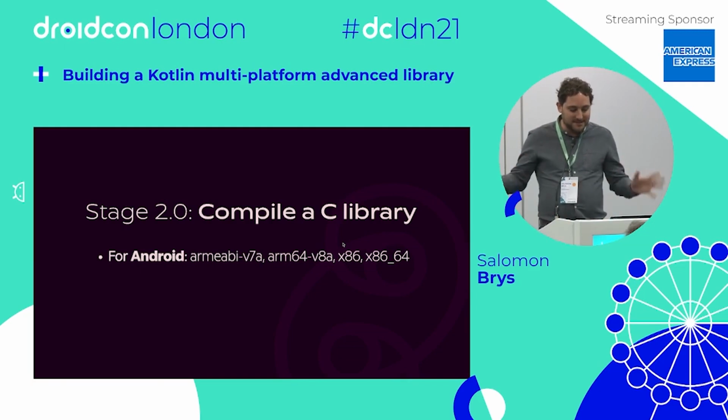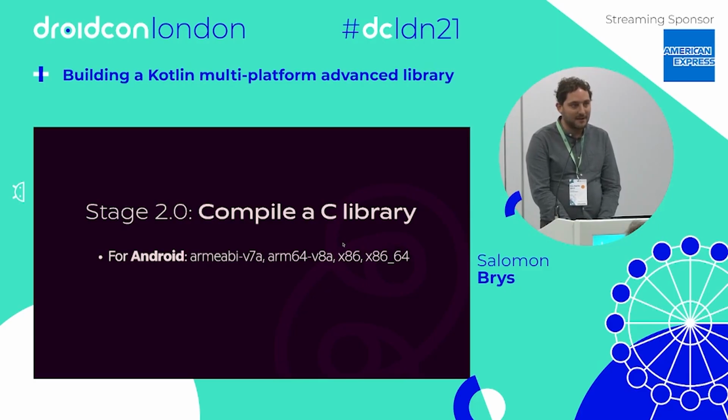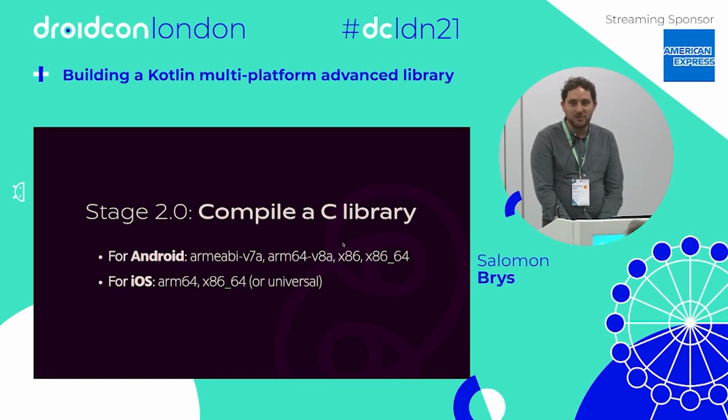So this encompasses all Android devices and emulators. And you also need to compile for iOS, so 2 targets, and this presentation is a bit wrong because actually now you need 3 targets because you also need the ARM64 simulator target, which is the simulator for Mac M1. And what you can do also for iOS is build a universal static library, which basically